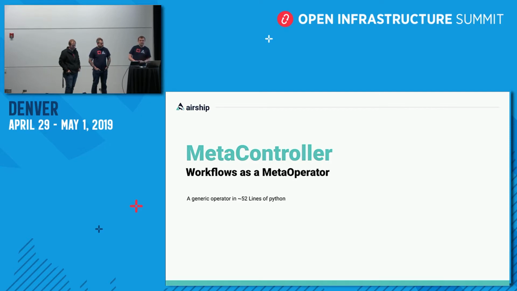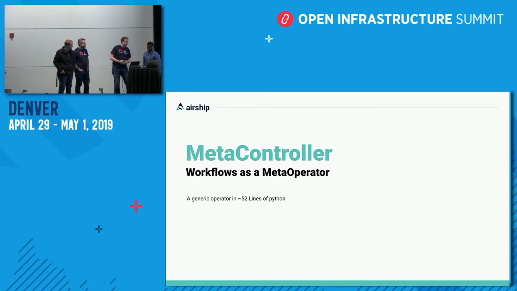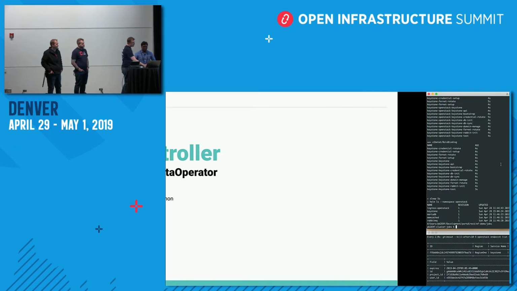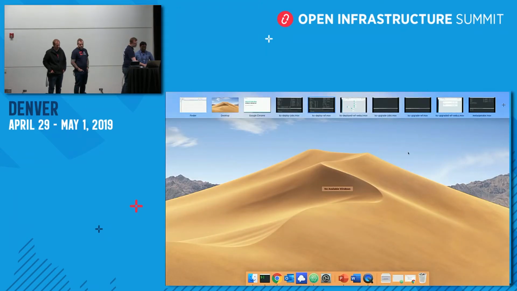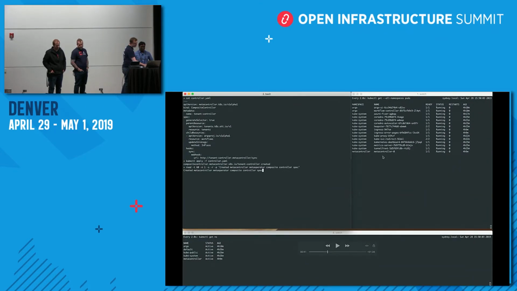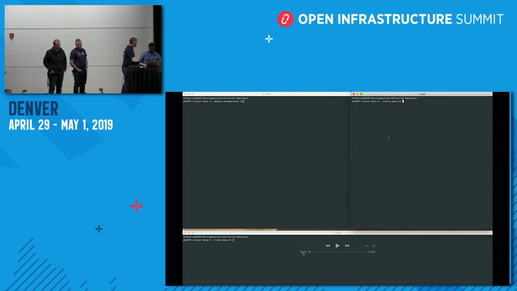And so at this stage, I don't know if you want to come to the stage, Hemnath, with the work that you've been doing, which allows us to use Google's Metacontroller project along with Argo to essentially produce a generic operator in 52 lines of Python, of which we have a very early POC that we'd like to share now. Just hit play when you're ready. Yep. Thanks, Pete.